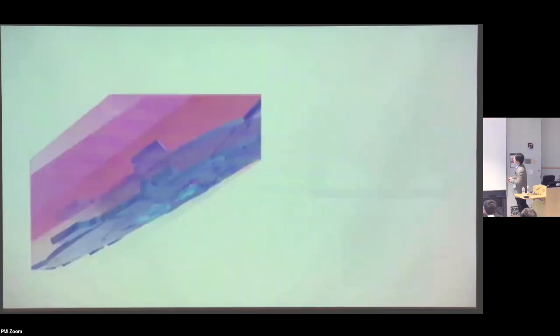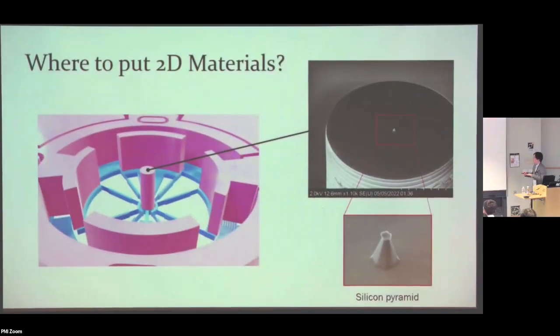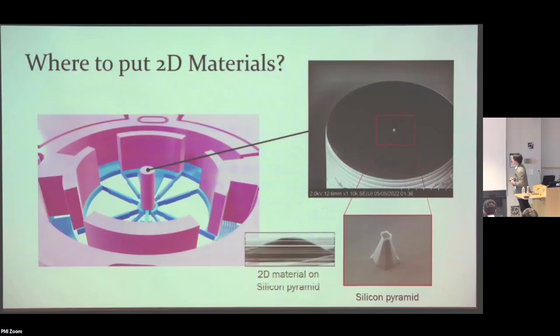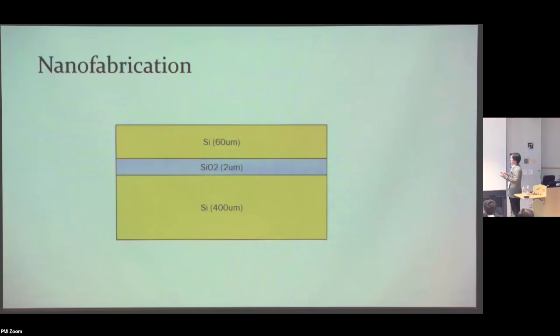Right? So now where do we put the 2D material? If you flip the chip, we have this pyramid that is etched onto the back of the silicon tip, where now we can put down the 2D material that we want to study. Okay, so this is what it looks like when the 2D material is tented onto this pyramid. Now, because this is technically from a very different field, I also want to take a few minutes to tell you how we actually made these devices in university clean rooms, and why it is advantageous to do this in this way.